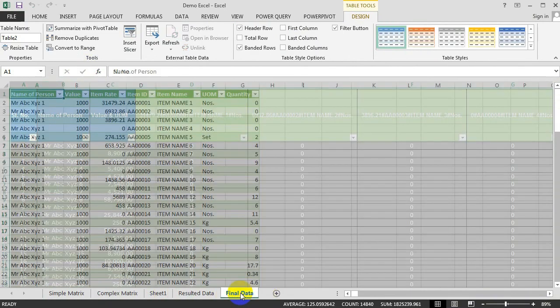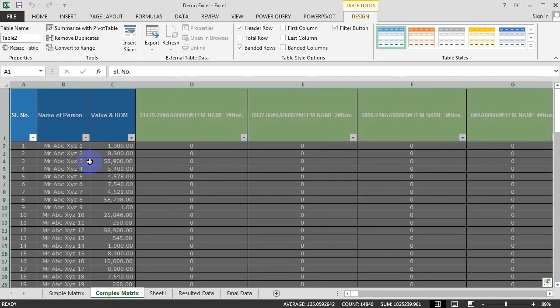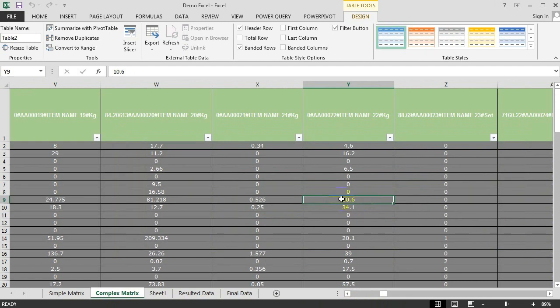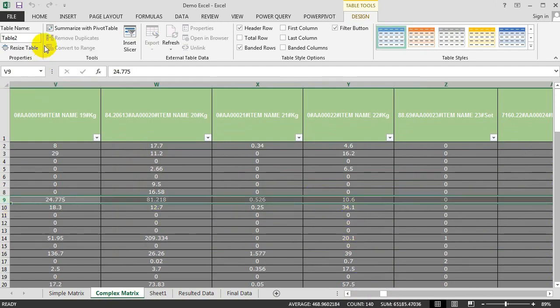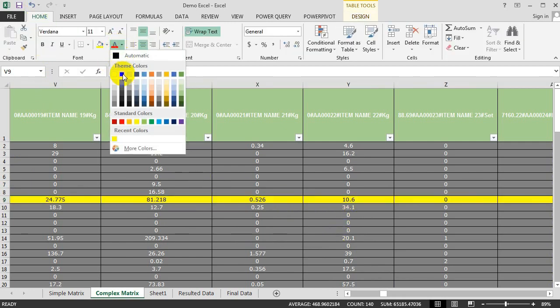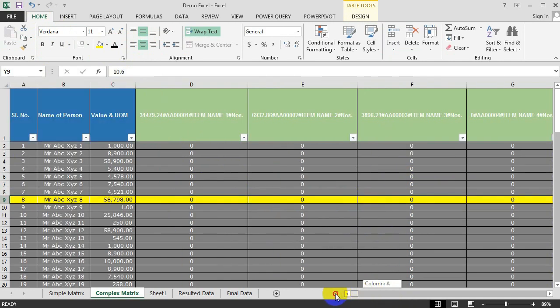This data is transposed into this data. I need to verify. First I need to choose some value. Okay, this one, and this one, 10.6. The person name is ABC XYZ because this is dummy data.